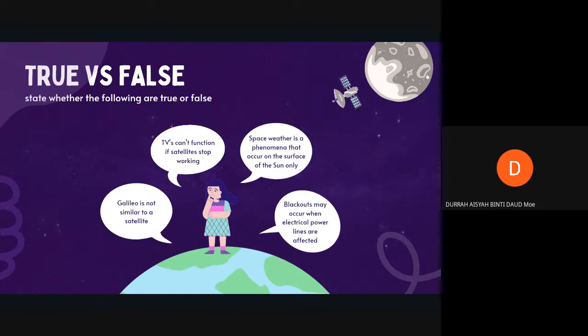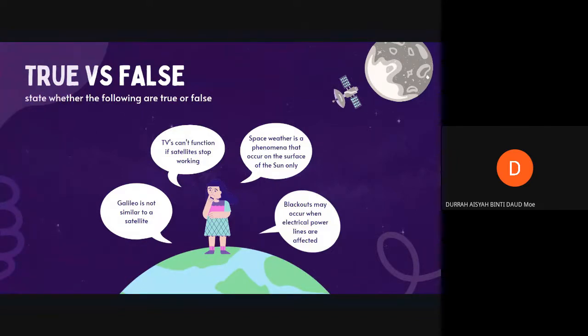Okay, so I can see some answers in the chat already. So the answer is false because Galileo is a global navigation satellite system that actually has a higher accuracy than GPS. Therefore, the answer is in fact false. So next